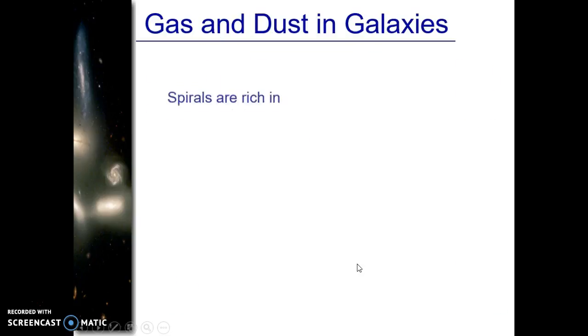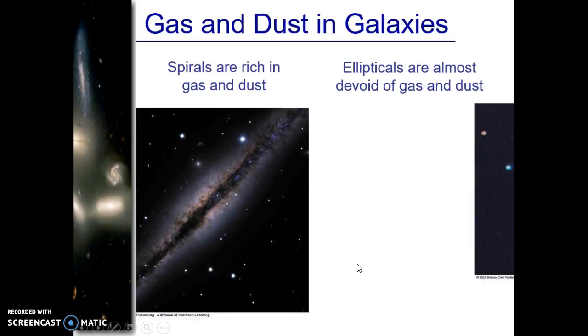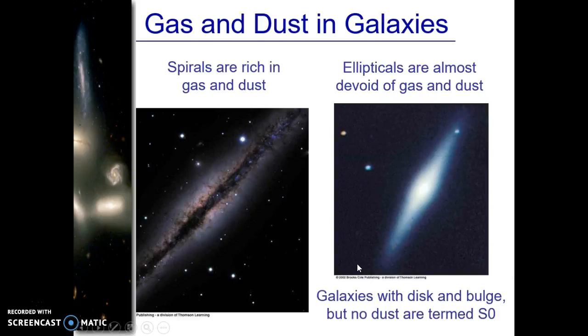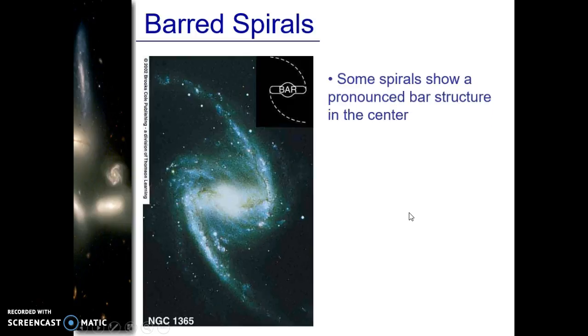All right. We did talk about this. Spirals are rich in gas and dust. Ellipticals have almost no gas and no dust. They're devoid of gas and dust. Galaxies with a disk and a bulge but no dust are termed S0s. Sad little things. All right, with the spirals, you can have a barred spiral galaxy, and that just means that